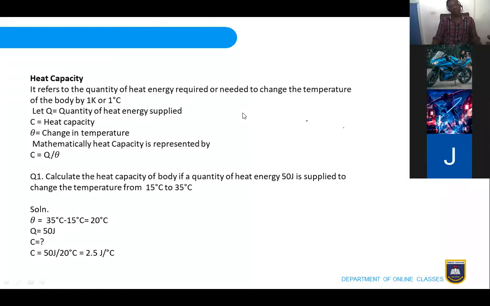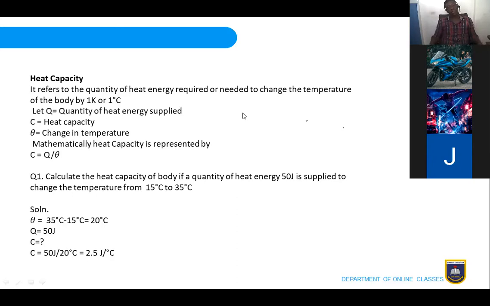So if you want to relate these parameters, Q, C, and theta together, the formula for the heat capacity is C equals Q over theta. Okay. C equals Q over theta. And I made mention of what each of them means, the C, Q, and theta. It's on your screen, as you can see. So now let's